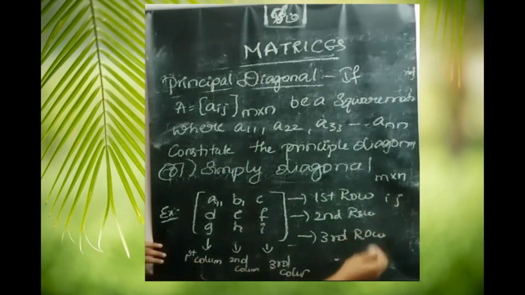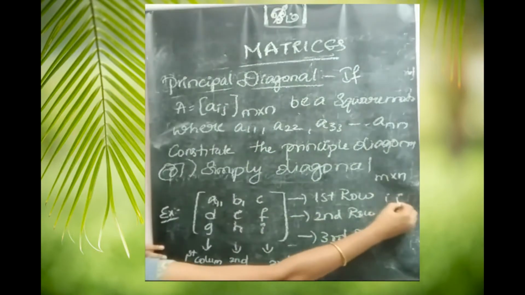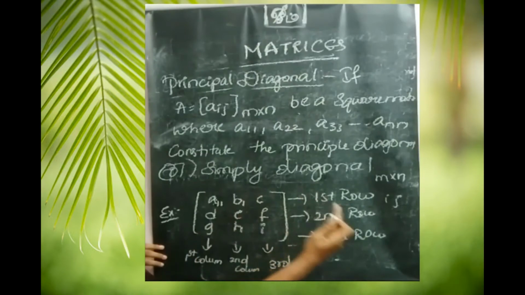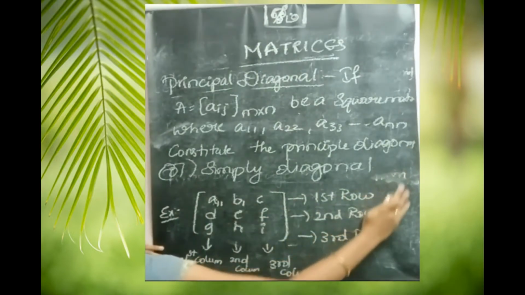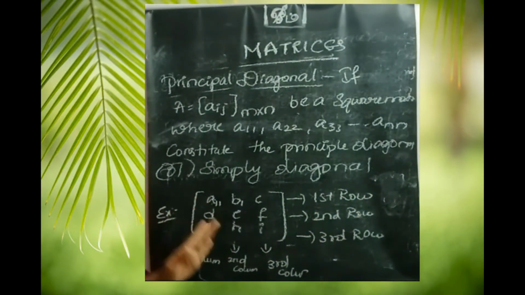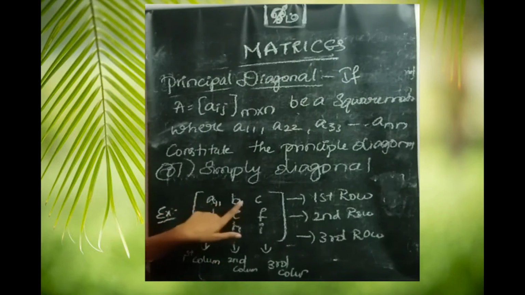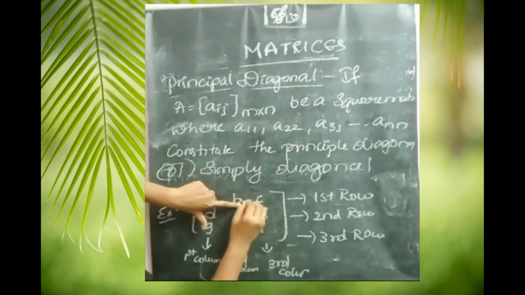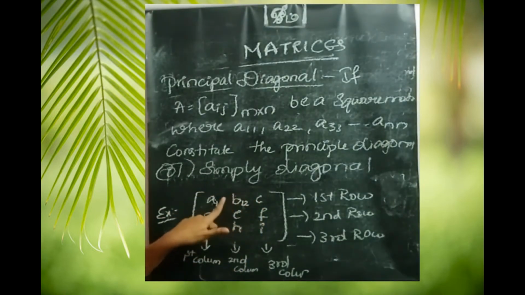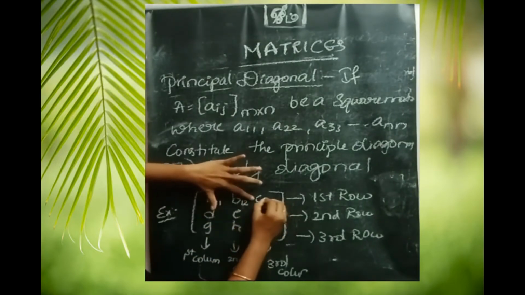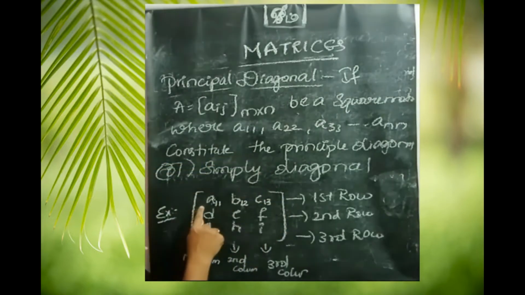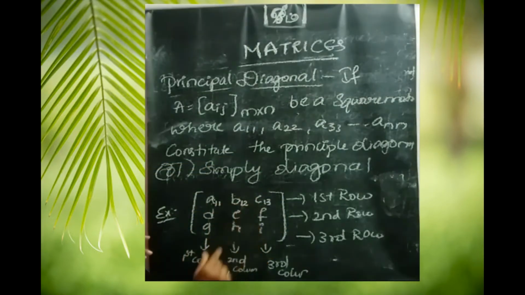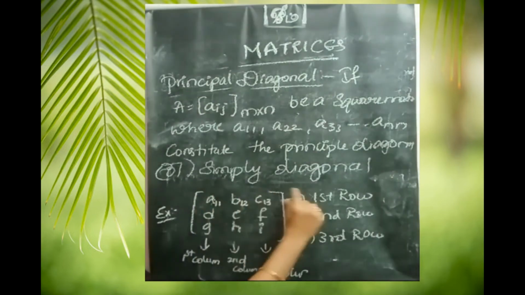Here we are representing it as IJ. IJ. I is nothing but row. J is nothing but column. Okay. First we have to place the row. Then after that we go for the column. So B is in the first row and second column. So what is the position of B? 1, 2. C. C is in the first row, third column. So A, B, C. See here 1, 1, 1. Only the columns will change in the first row.